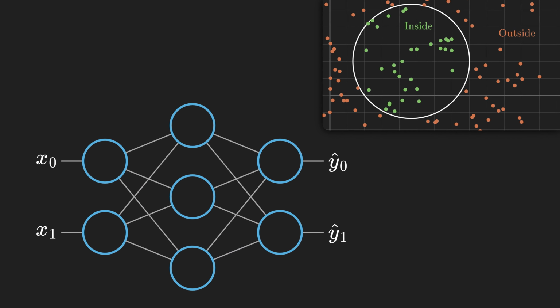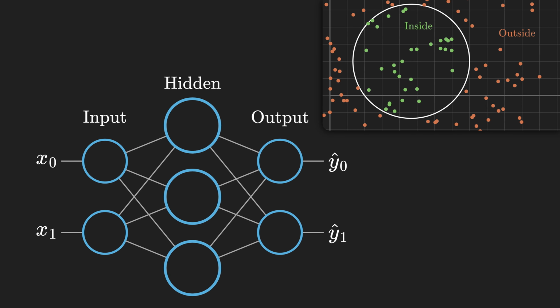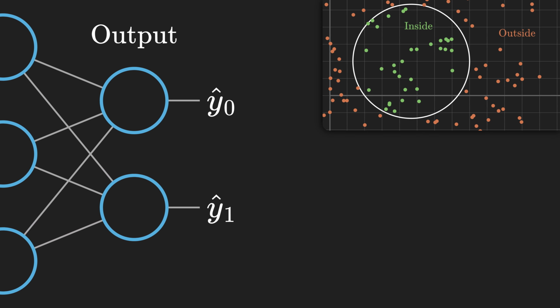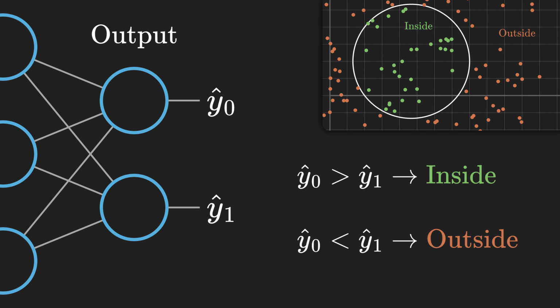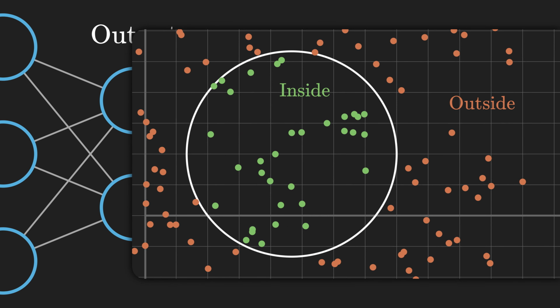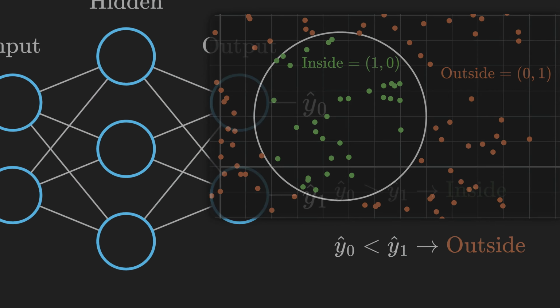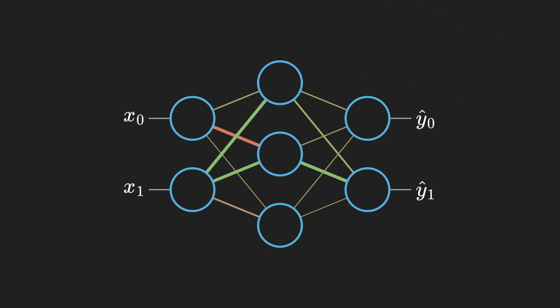Let's go back to our toy problem. We still want to classify which points fall inside the circle. This time we'll use a very simple MLP. It has 3 layers: an input layer, an output layer, and a hidden layer. In the output layer we have 2 neurons. If the first one outputs a higher value than the second one, we predict that the point is inside the circle. And if the second is higher, we predict the opposite. So for a point that is inside the circle, the expected output is 1,0 and 0,1 if it's outside. As with the perceptron, we initialize all of the weights and biases randomly. The only real difference is that we now have more weights and biases, but nothing more.